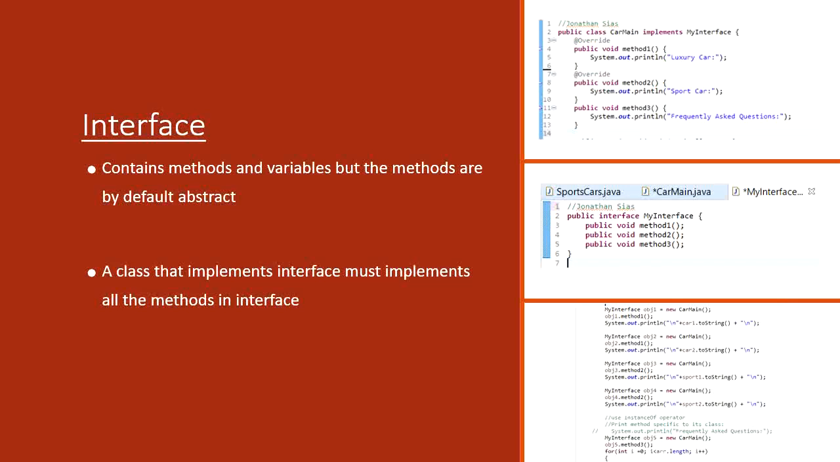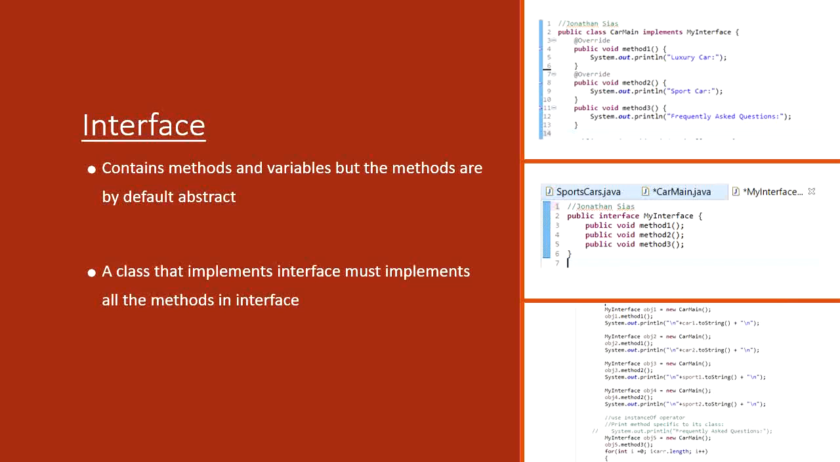A class that implements an interface must implement all the methods declared in the interface. So in order to implement the interface, we use the keyword implements. In the first picture, we have our main class called car main, followed by the keyword implements, followed by the name of the interface I created, which is my interface. The methods inside the main class,